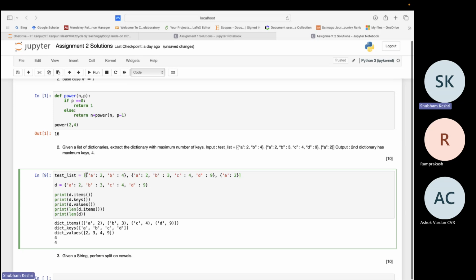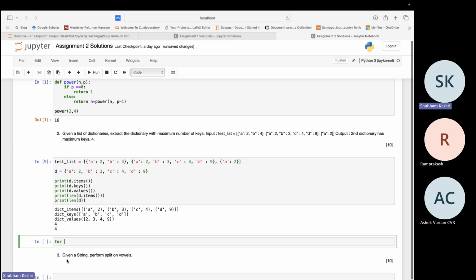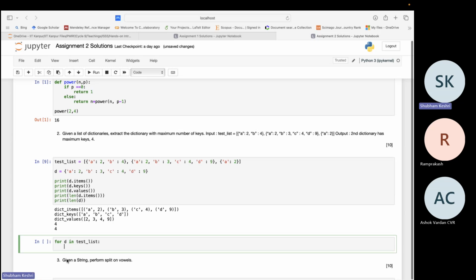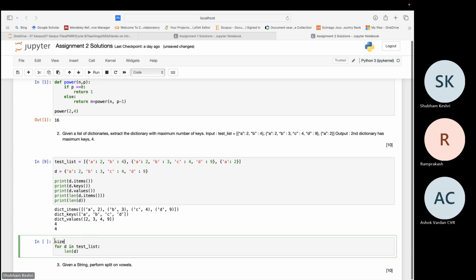So what do you want? You want to find which dictionary has the highest number of key value pairs, or which is the maximum size dictionary. So you can work with a loop. What you can do is say for d in test list. Now you have the dictionary. So for each dictionary, you can get its length. So you can say length of d, and you can also say size equals 0. So this is a test variable. If size is less than or equal to len of d,